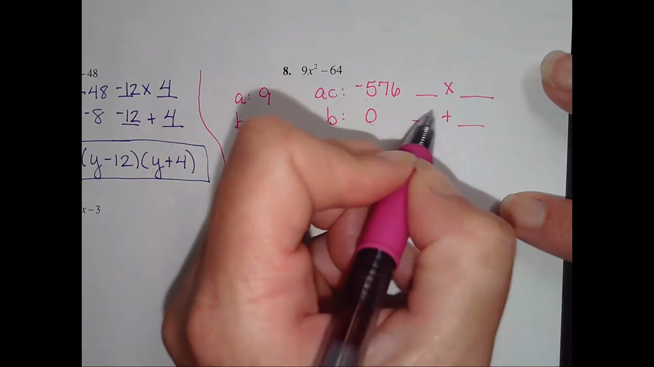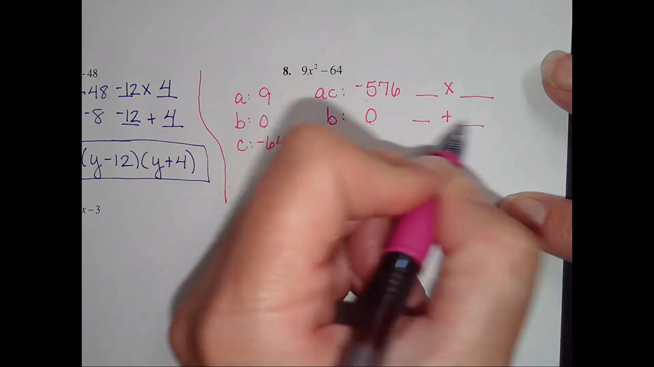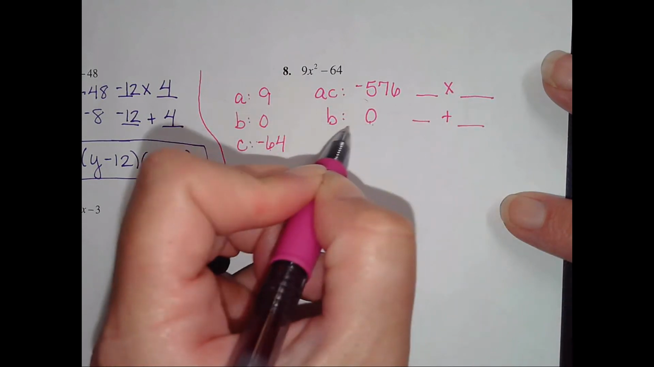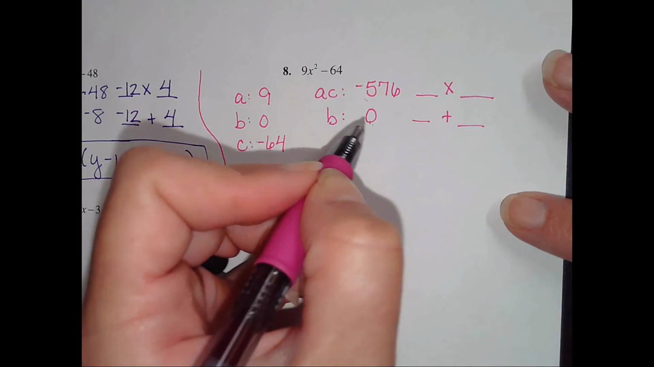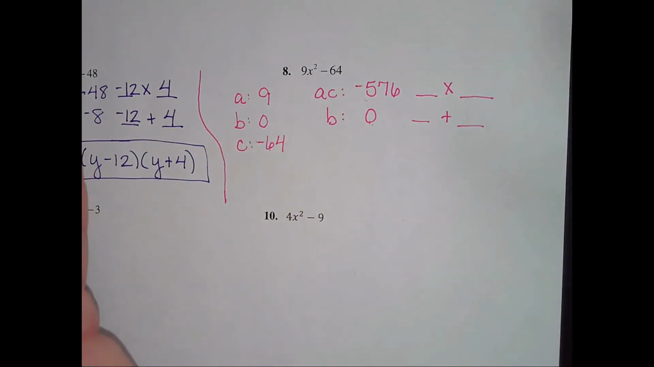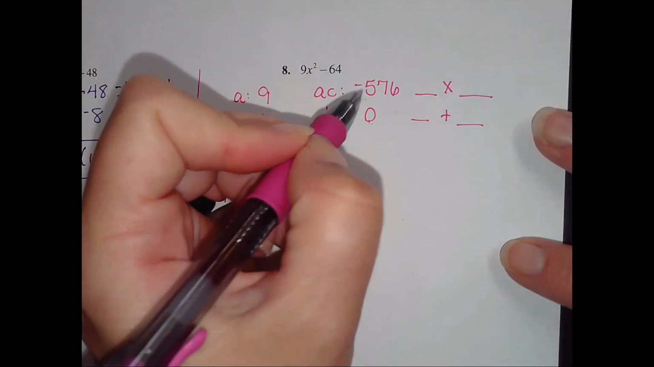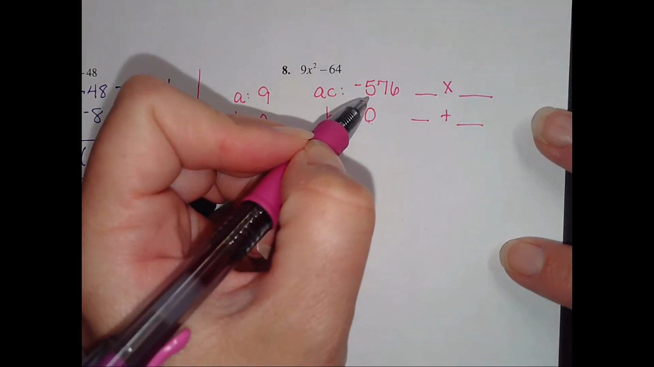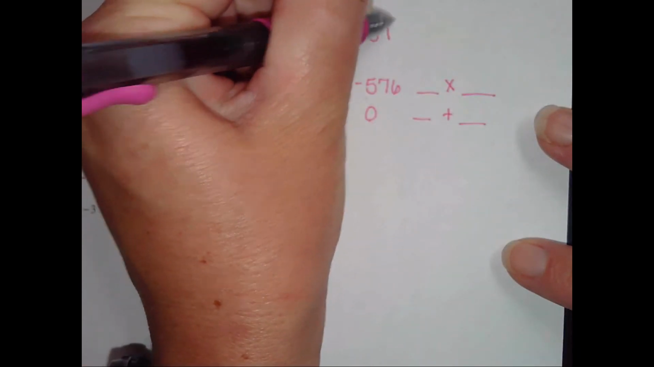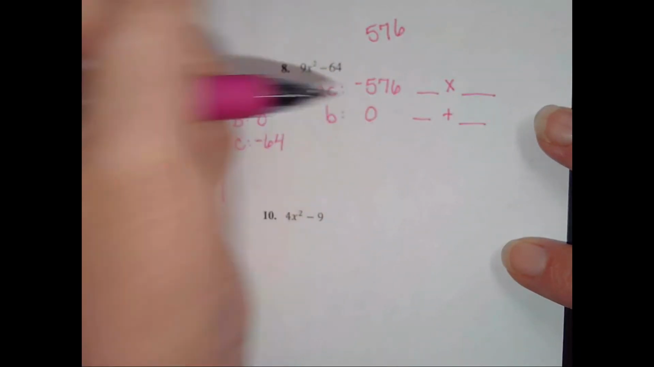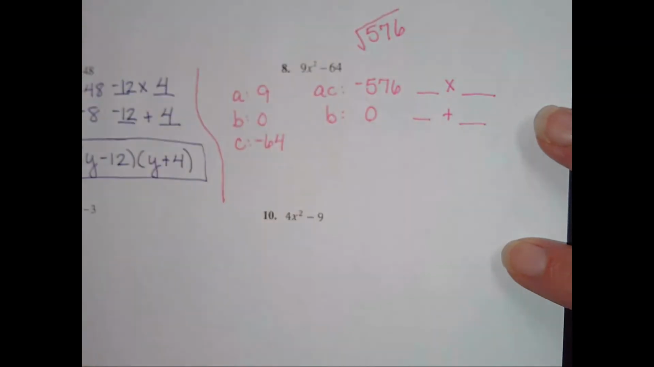So not only are you looking for a positive and negative number, but those same positive and negative numbers, when you add them together, they have to cancel each other out, which means that they have to be the same number. So what I would do is, in your calculators, if you take this 576. This works only when your b is 0. If you take the square root of it,